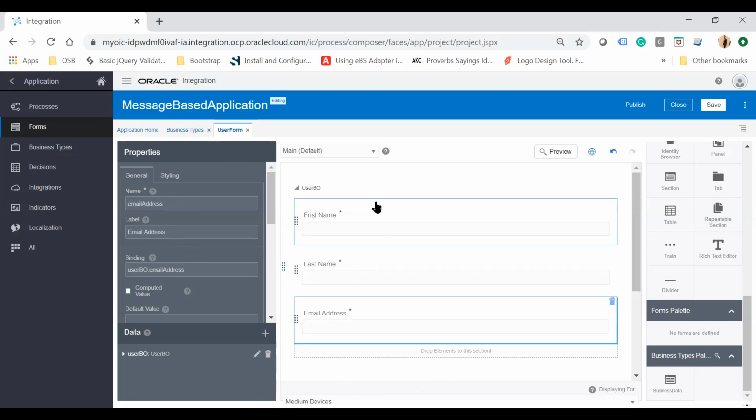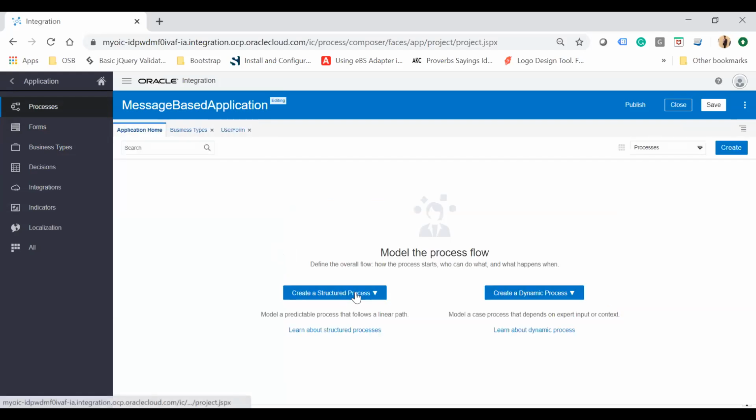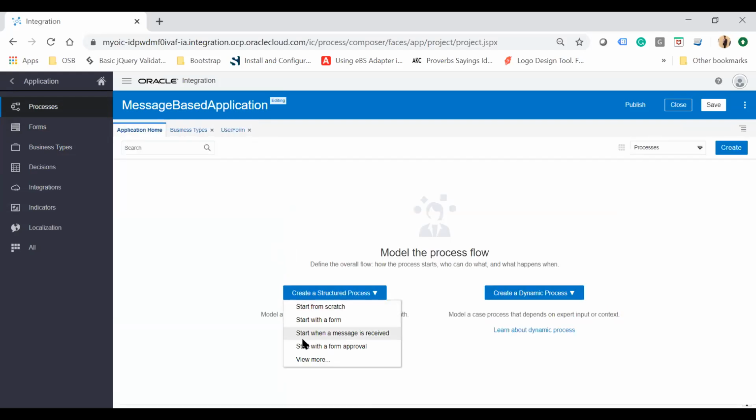Now your form is ready based on that user business object which you have created. Now go to the processes, and I'm going to create a process based on that. Create a structured process, and I will create a process based on this: start when a message is received. Click on this,